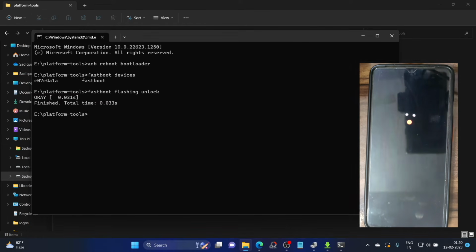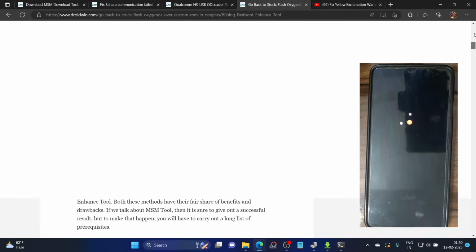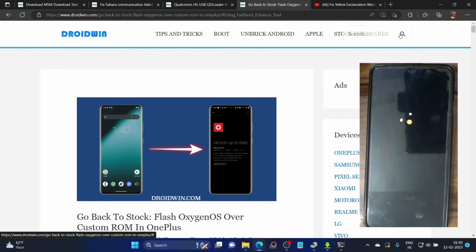Anyways, as you could see, the first boot up is taking quite a lot of time. It's completely normal because it's the first time booting up after the unlock, and let's wait while that is happening. Apart from that, you could also change this boot animation. I recently made a guide on that as well, and you could check out my video. Let me show you a guide on how to change that boot animation as well. So just a minute.